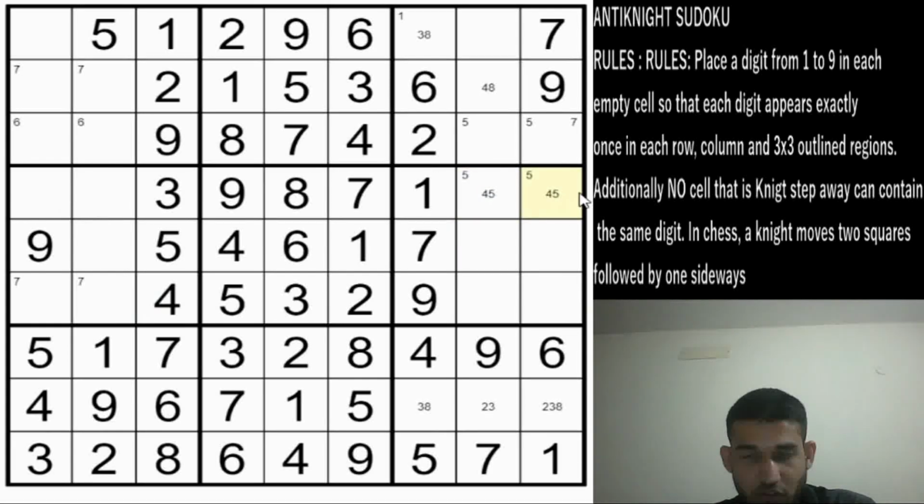here along row 4, because it has 1, 3, 7, 8 and 9, and 4, 5 has to be in that row, so 4 and 5 would be locked in these two cells. So this cell will be a 2, using classic rules. 2 is in column 2, so this cell will be a 2, this will be a 6, and that forces this cell to be a 6, and along column 1 we can place the 1 now, which immediately gives us